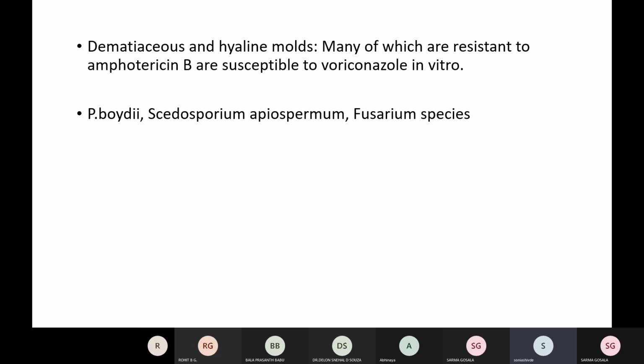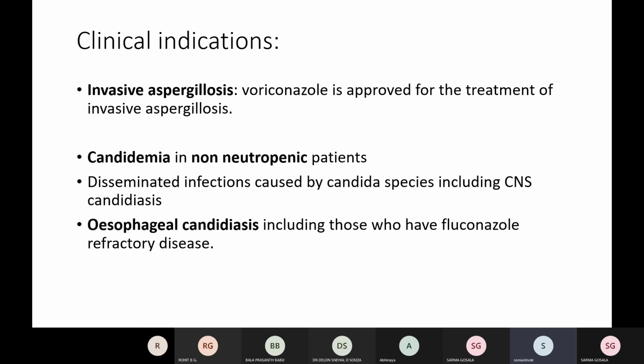The names may seem a little unfamiliar and complicated, but voriconazole has received FDA approval for these, and they are of major importance when fungal opportunistic infections are considered in allogeneic bone marrow transplant patients. So they are of clinical importance in the present scenario. Coming to clinical indications,